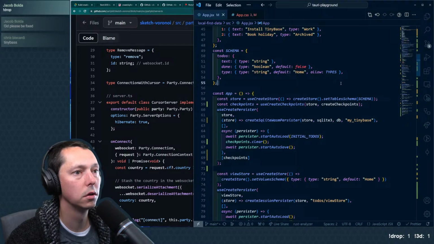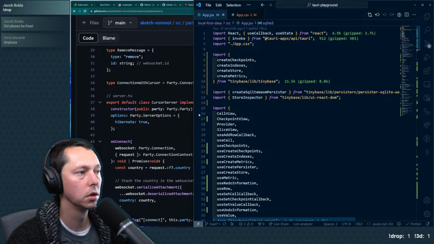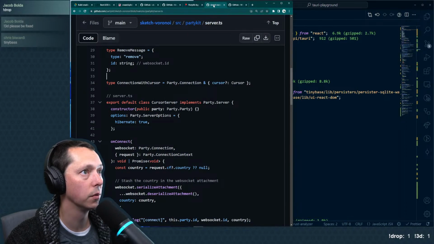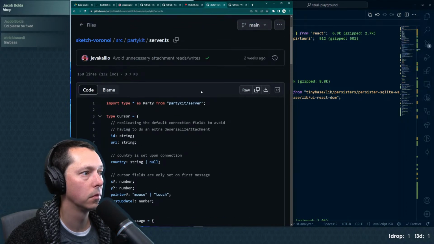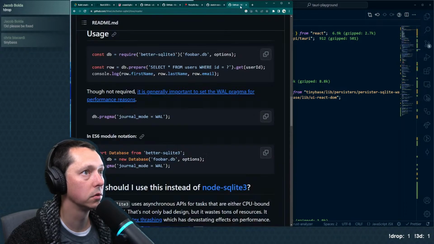And we need to do the database part of it. So this is going to be a module that needs to come from SQLite, which is